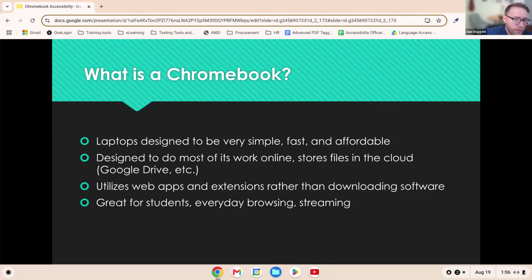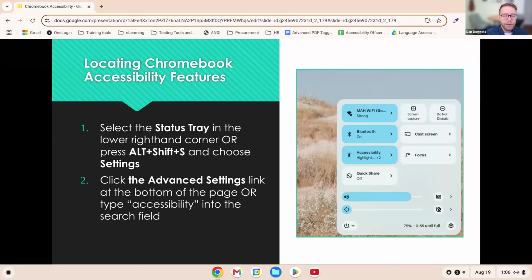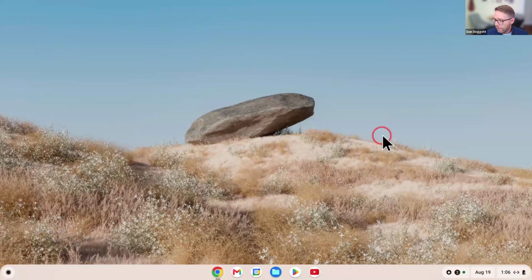Okay, so starting with the built-in accessibility features. The way that you access them is via the control bar on your Chromebook itself. It's referred to as the status tray, and you can access it via the bottom right-hand corner. What I'm going to do right now is get rid of this browser so we can do this together on my side. All right, now we're just looking at my home screen on my Chromebook, and down here on the bottom right is the status tray. If I open this up,